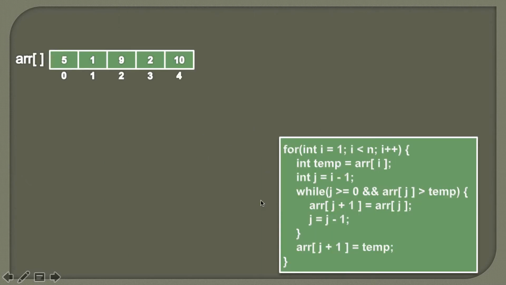So friends, here you can see that this is the algorithm to perform insertion sort. Let's say we are given an array having 5 elements which contains values as 5, 1, 9, 2, 10. Here you can see the values are in unsorted form. So let's see the demonstration of this algorithm step by step to sort this array in ascending order. Here the number of elements inside this array is 5, ranging from index 0 to 4.